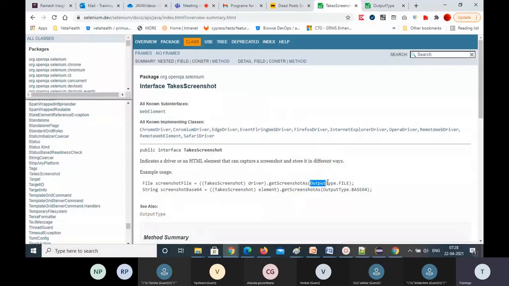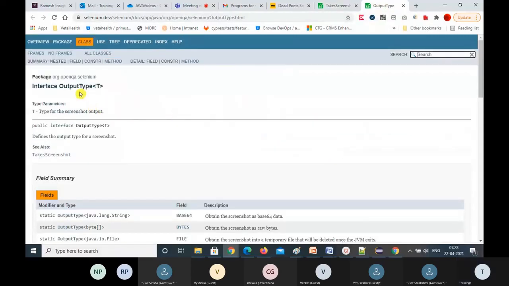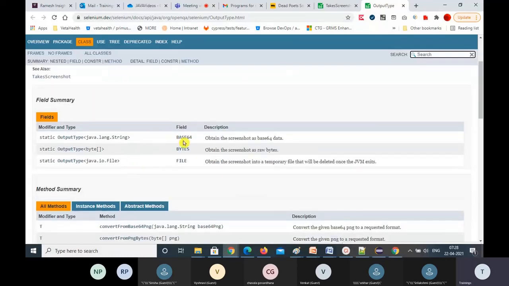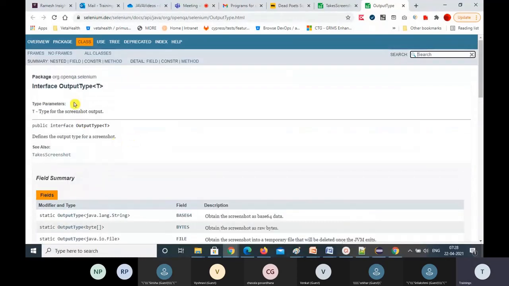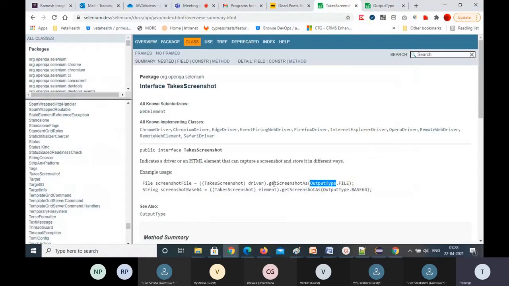That's what I applied here. We use that as a parameter for getScreenshotAs, telling in the parentheses what type you want. That type of screenshot you will get in one format. Then you can paste this into different locations where you want this file.